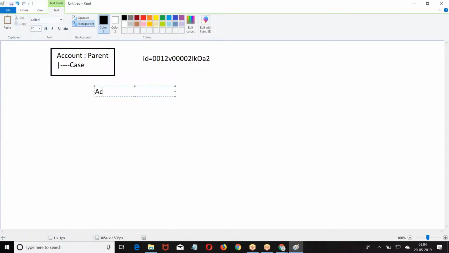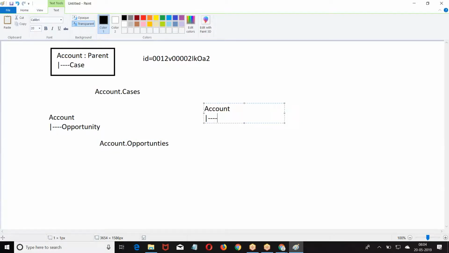If Salesforce created it, then A dot, what is the child object? Account dot. Now, tell me how you get it, we have opportunity. Now, how do you define it? Account dot opportunities. For that account, what is the list of opportunities? If I give account dot, for that account, what is the list of contacts we have?